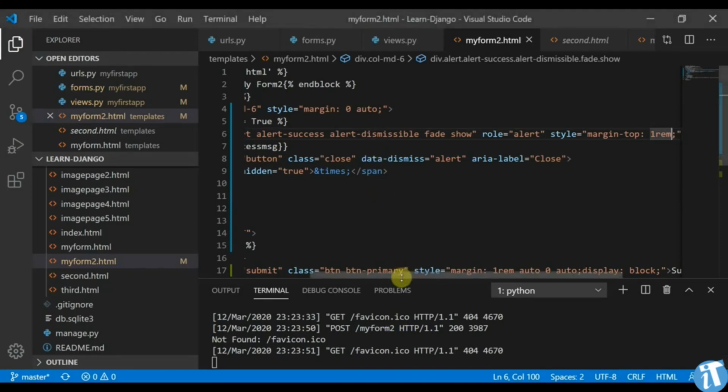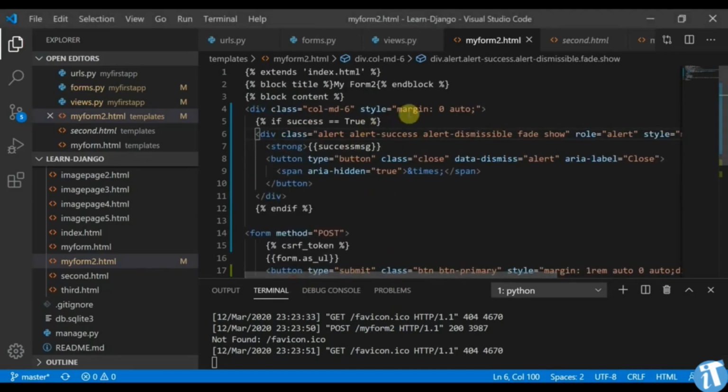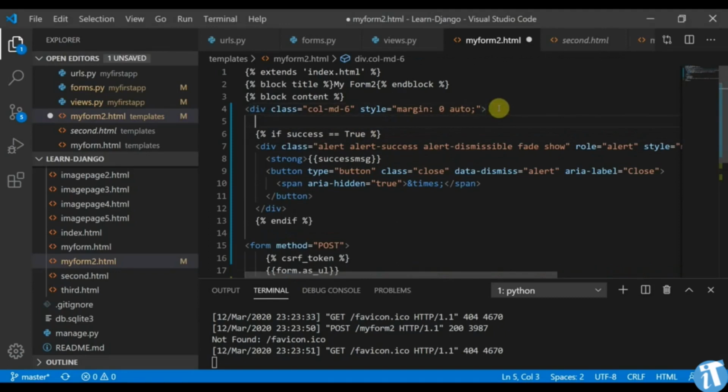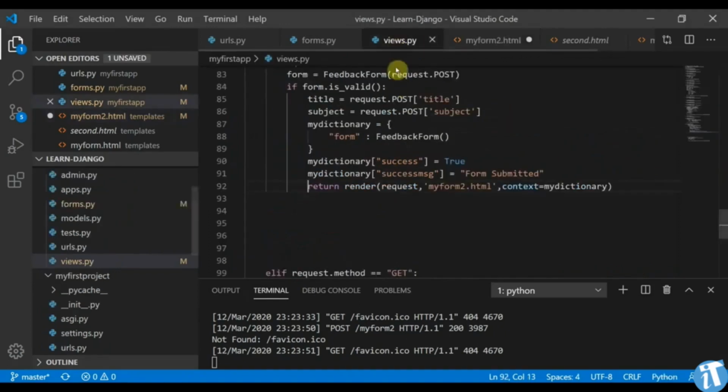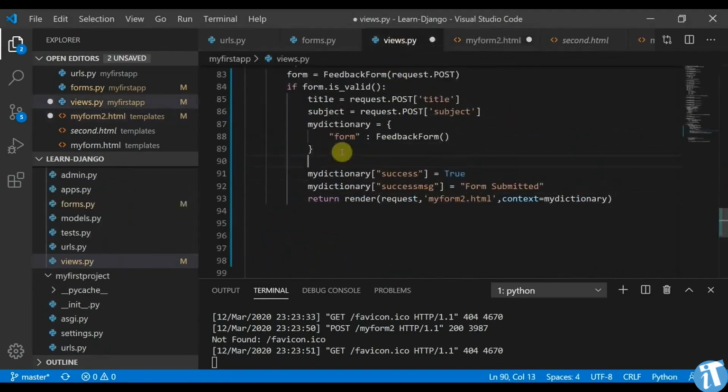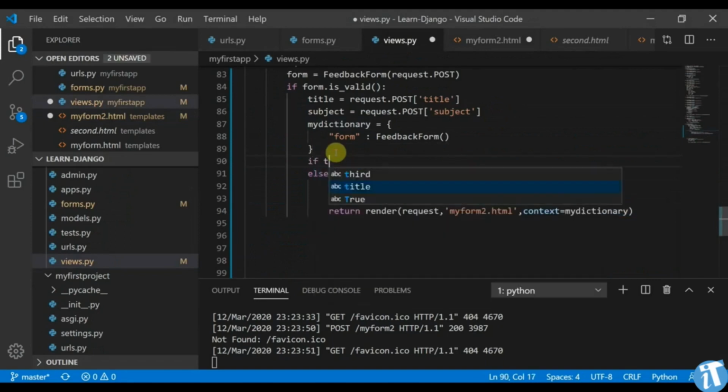With this, the same thing we can do for the error also. For this, you would move to our views.py file. This would be on the else condition. So first we will check the error. I did this first because I wanted to have a quick idea of how this works. But if title is not okay, what we can do,